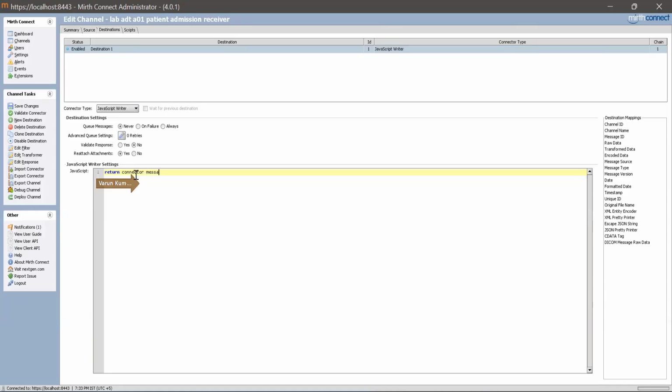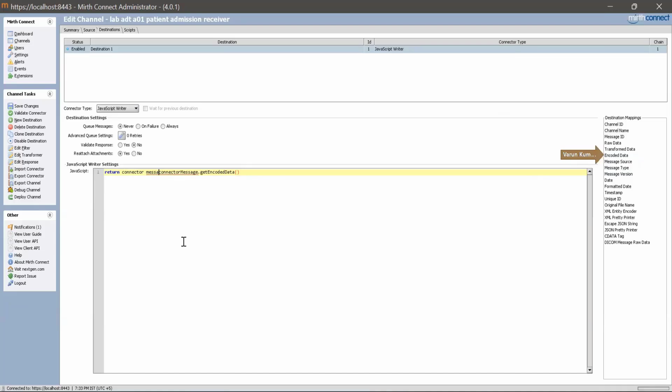Or wait. Can you drag and drop this encoded data here? Yeah. Cool. Can you delete the remaining things?